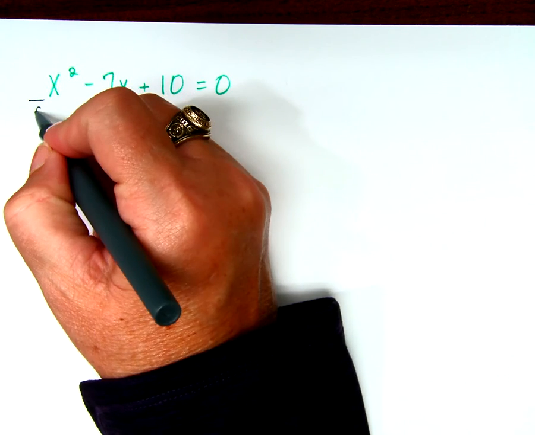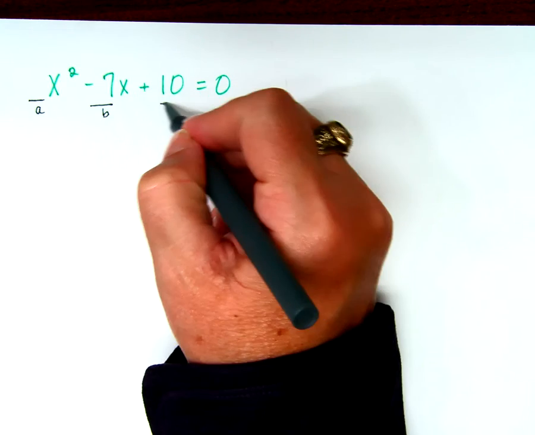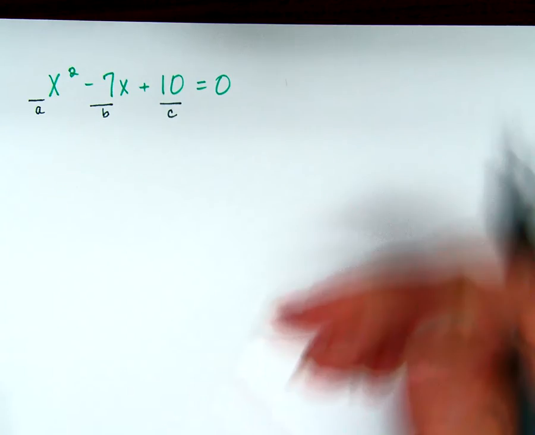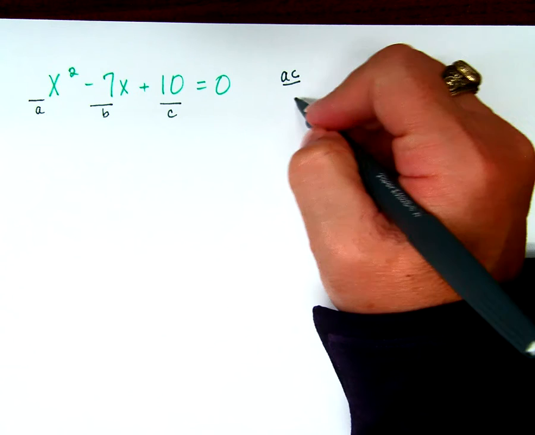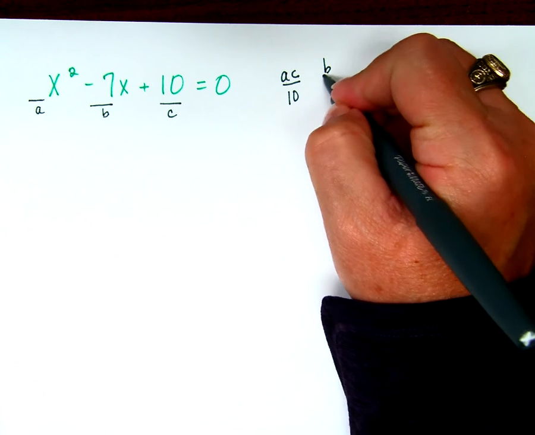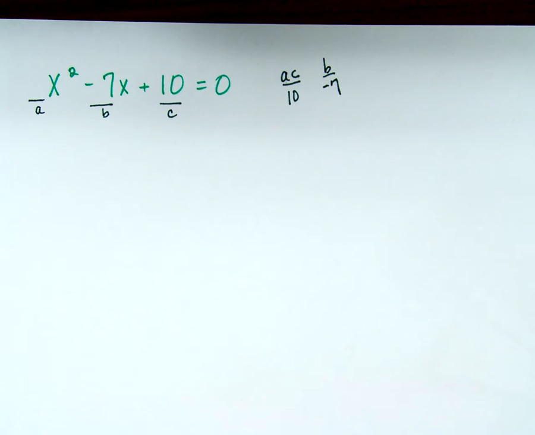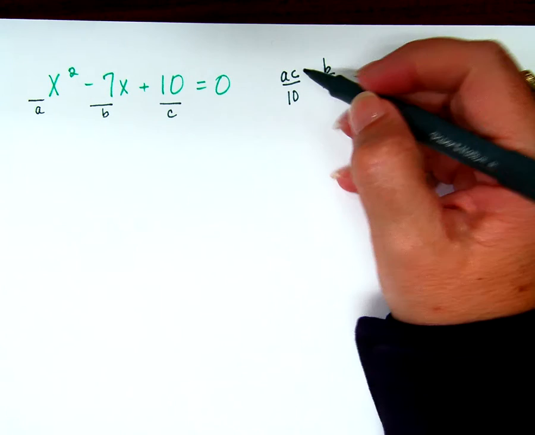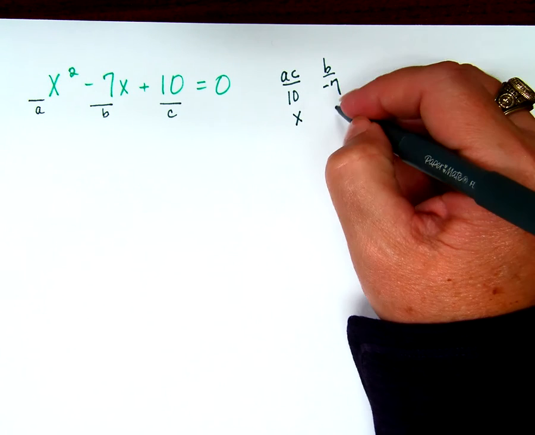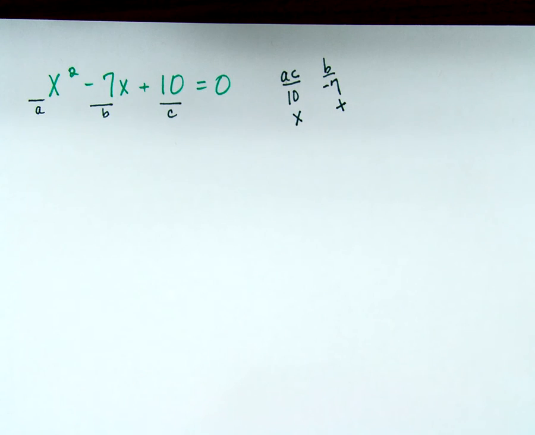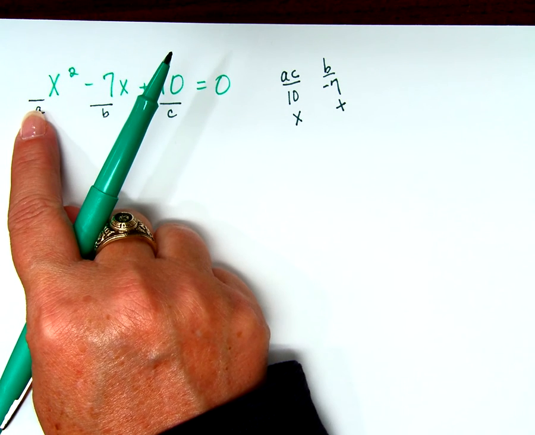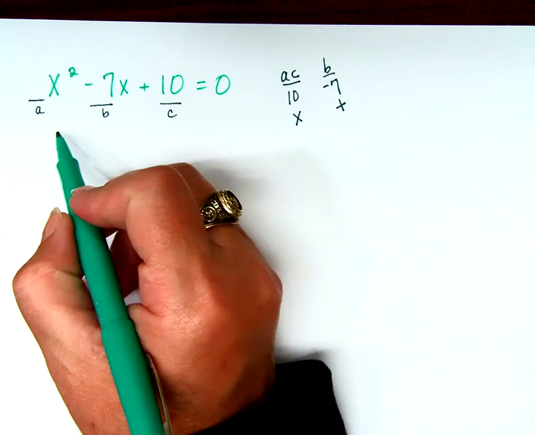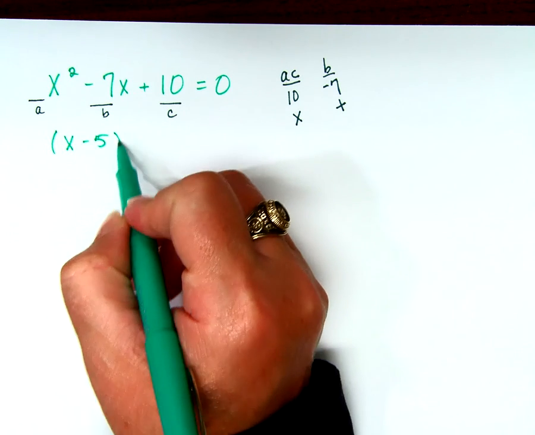So what we said was, here's A, here's B, and here's C, right? What did we look for? AC, right? What's AC in this case? 10. And what's B in this case? Negative 7, okay? So we're saying, what two numbers multiply to be 10 and add to be negative 7? Do you remember? Negative 5 and negative 2, okay? When my leading coefficient is 1, we can go straight to the factors. We can say x minus 5 and x minus 2